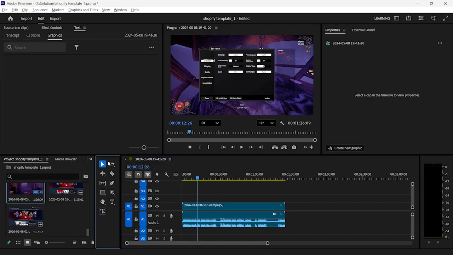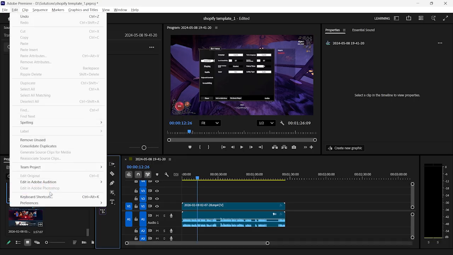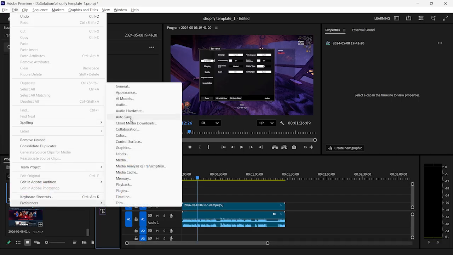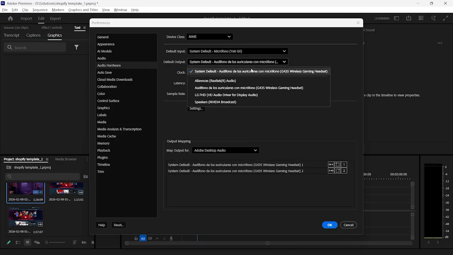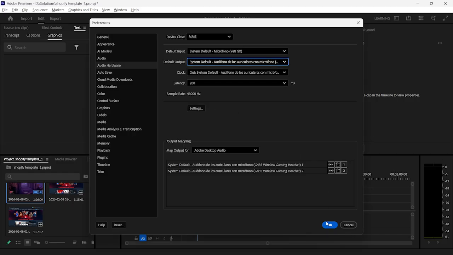And the last method, if nothing worked, we can go to Edit on Premiere Pro and then click on Preferences at the bottom and go to Audio Hardware. Right here we will see the output device of Premiere Pro, so you need to make sure that you are using your speakers or your headphones, because for example if I use the microphone or any other device, I won't hear anything. So make sure to put your speakers or headphones right here on the default output device and click